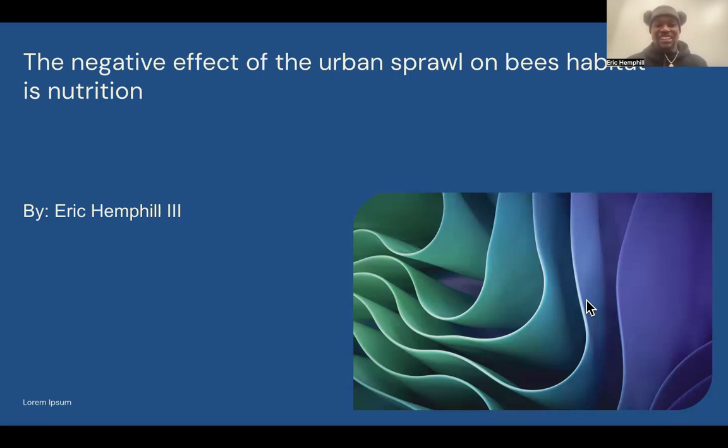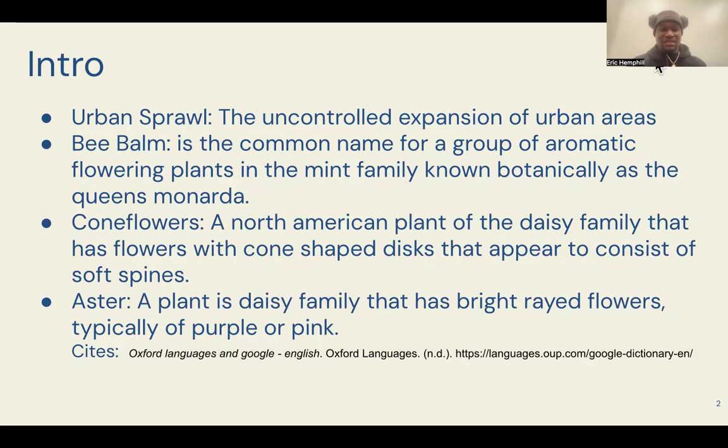I'm about to talk about the negative effects of urban sprawl on bees' habitat and nutrition. The intro to urban sprawl, the uncontrolled expansion of urban areas. Bee balm, also called bee bloom, is the common name for